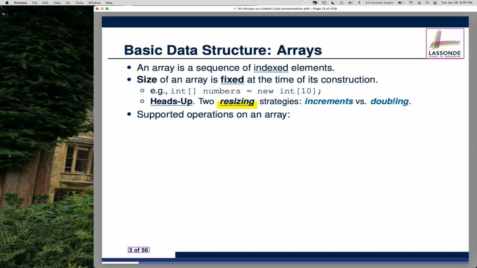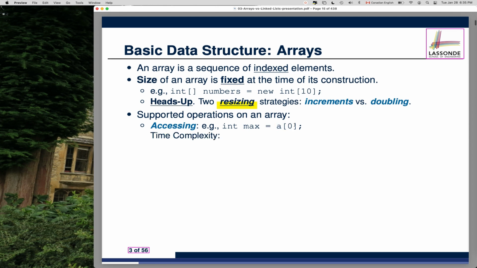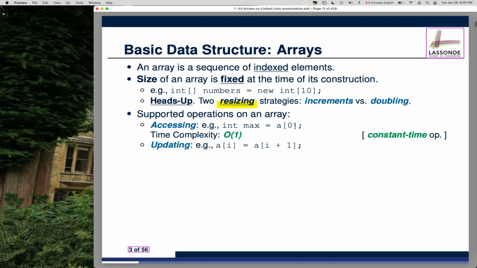All right. So what will be the operation for the array? You got accessing the array. In that way, you just calculate the address. That will be constant operation, big O of 1. If you just want to update some position there, just do some variable assignment, that will also